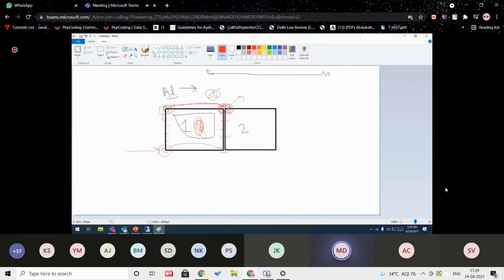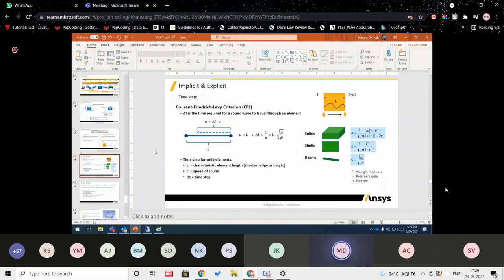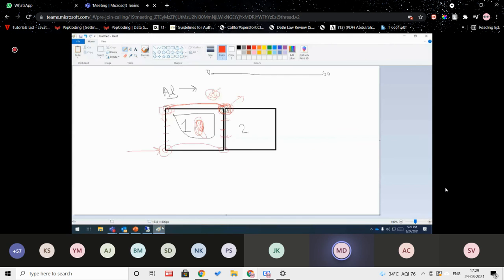So that's where I told you that here you have the CFL time. The CFL time will tell you, let's suppose your element is solid, then you have to follow this C, and you put L divided by the square root of this portion here. That will give you your elemental time step, the time which will be taken by the stress wave from here to here. When you get this time, your solver understands that this is the threshold value, and till this point it has to reach here.